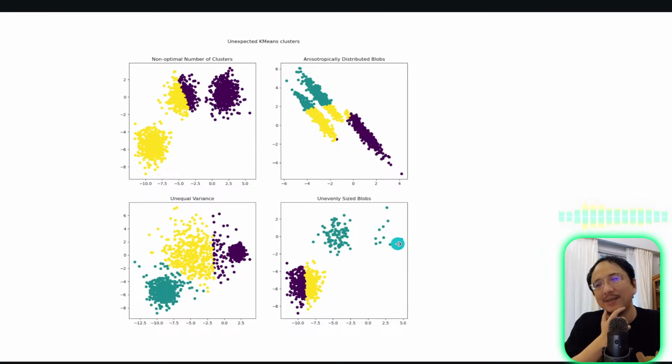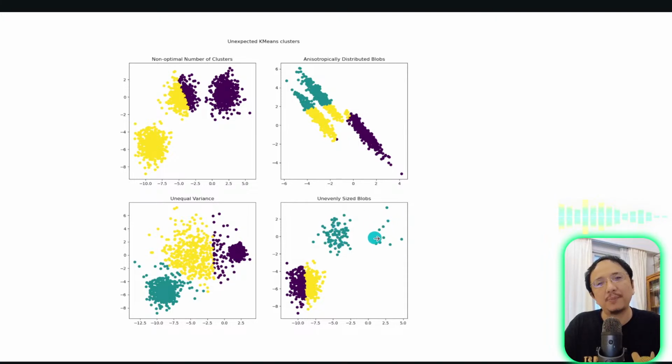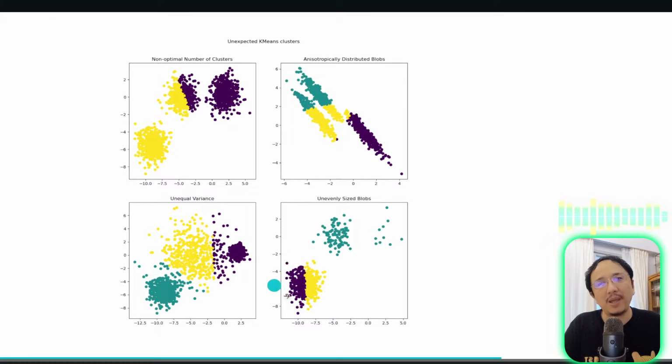Another thing is that even though they have roughly the same size, roughly the same radius, and they are quite distant from each other, in this case the distance is in fact a good measurement. However, if one cluster has too many samples,